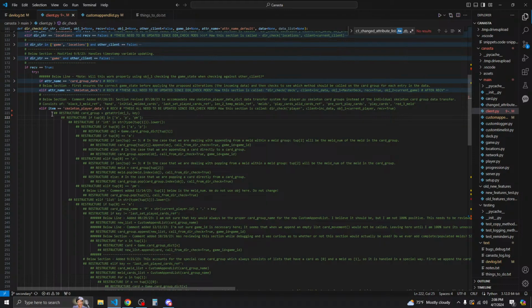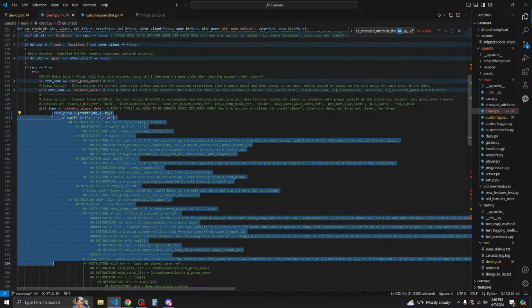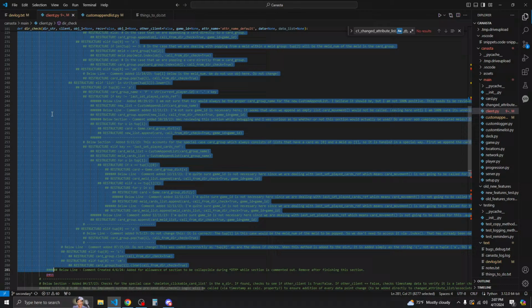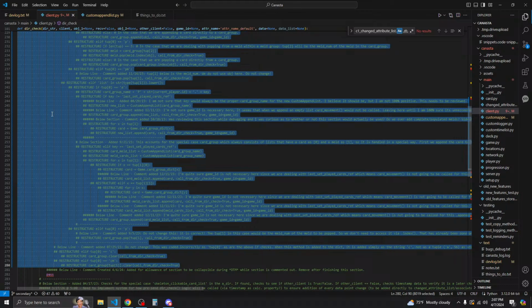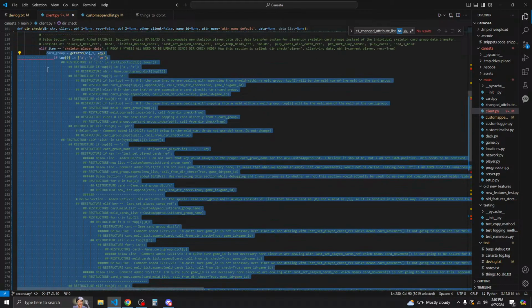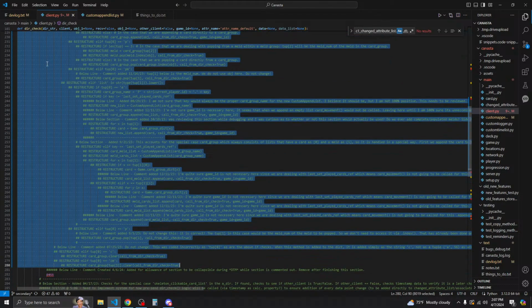If Toop 0 in AP or M, well we can keep this, but we need to change the Toop to be something else. It's gonna be data. So let's go ahead and unindent all this. Make sure we got this done correctly.